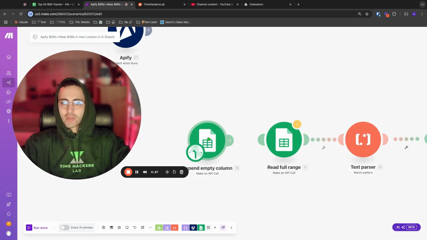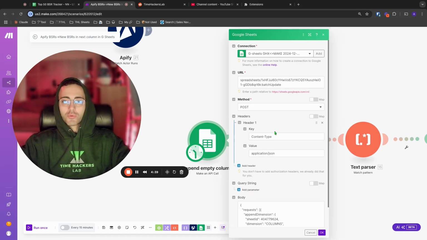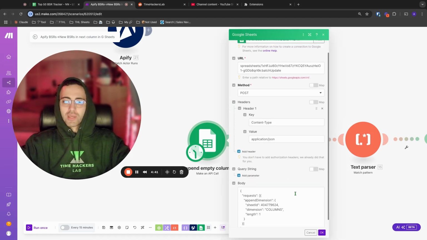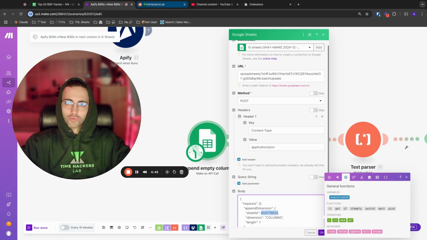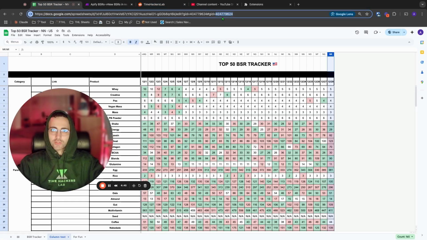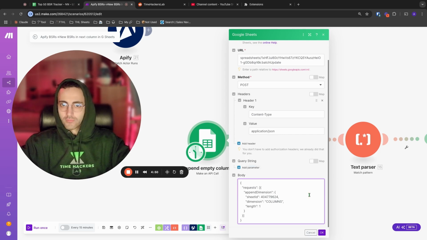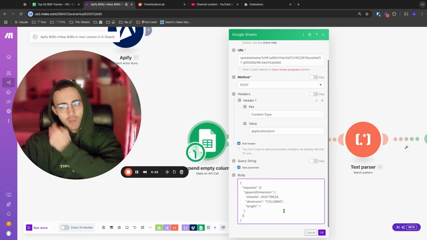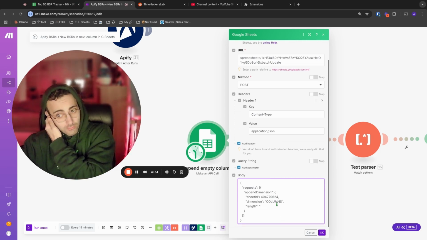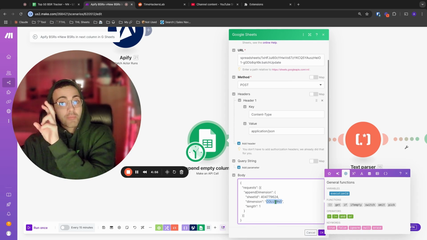Look here. I created an API call where we append the column, yeah? I just went to the API website, chose my sheet ID. As you can see, this is the sheet ID. Put it here, and then you add the dimension column, yeah, length 1,